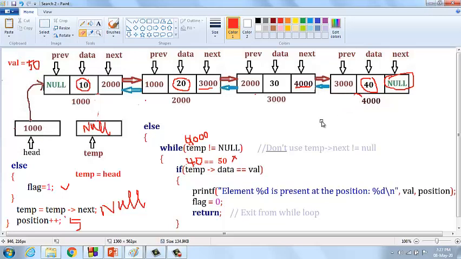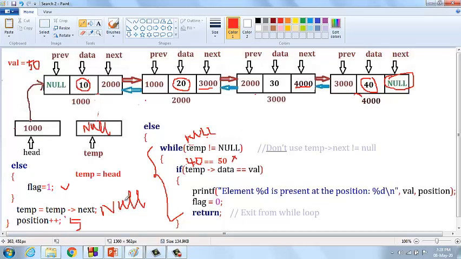Alright, and then again we go and check the condition. What is the value of temp now? Now temp is null. Temp is null, null equal to null, condition true or false? Condition true, so it never executes the statement and comes out of the loop. What are the things we have to know? Before the condition, flag value should be 1, position should be 5, temp equal to null. This is the while, if part and else part.